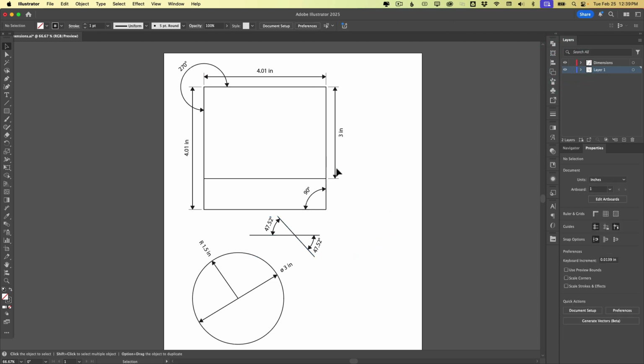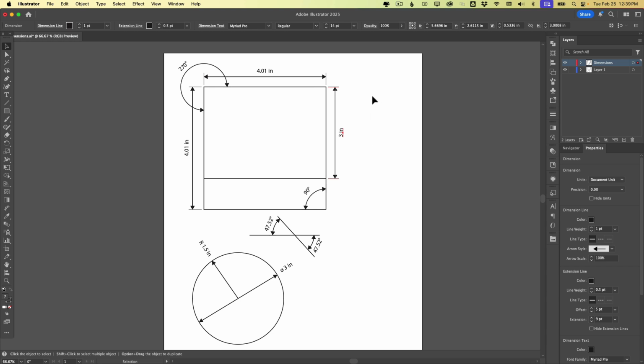All right, so let's choose one of these and fine tune some of this. I'm just going to select this object. It's kind of like a group, right? So when it's selected, Illustrator says up here, it says dimension. So we know that this is live and it's sort of a special object in Illustrator's mind anyway. And now we see that with that selected and the properties panel open, we can see all kinds of settings we can apply